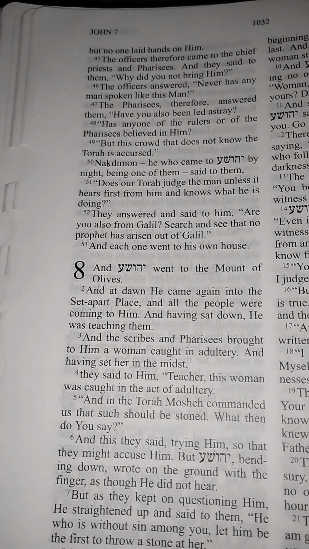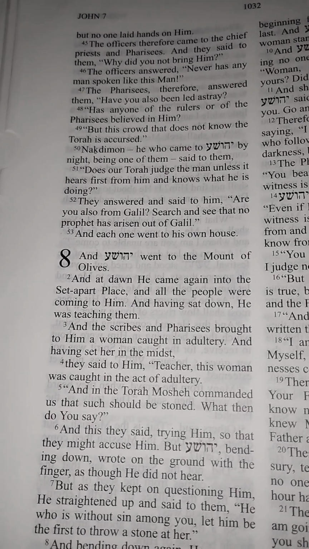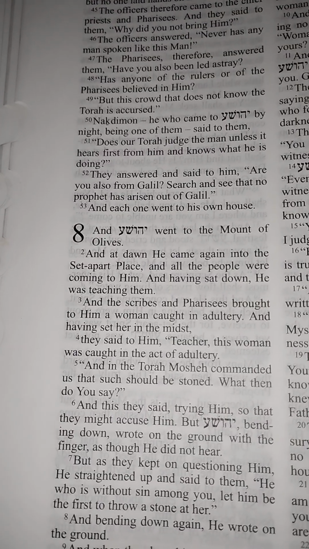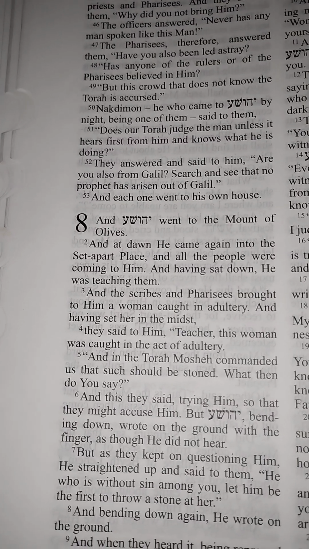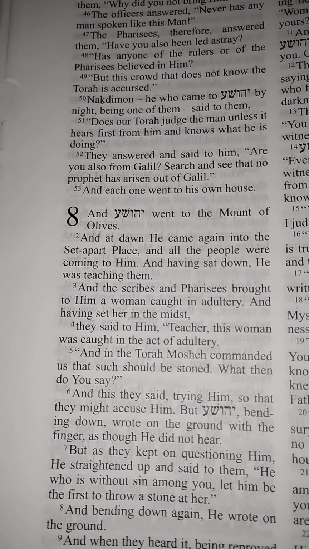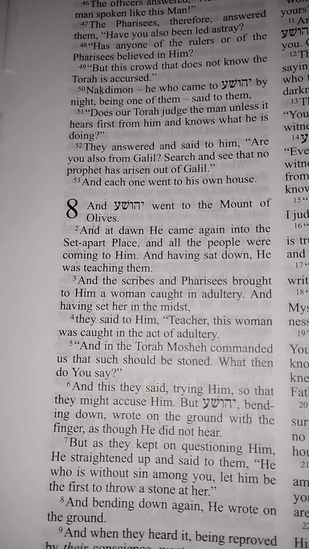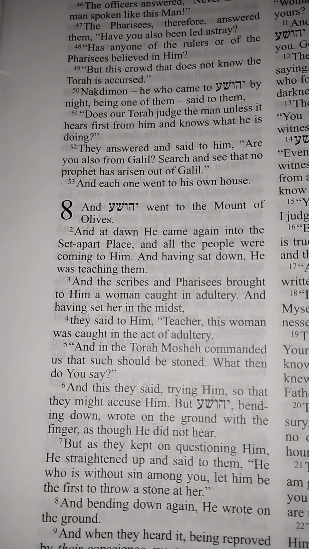John chapter 8. And Yeshua went to the Mount of Olives, and at dawn he came again into the set-apart place, and all the people were coming to him. And having sat down, he was teaching them. And the scribes and the Pharisees brought to him a woman caught in adultery. And having set her in the midst, they said to him, Teacher, this woman was caught in the act of